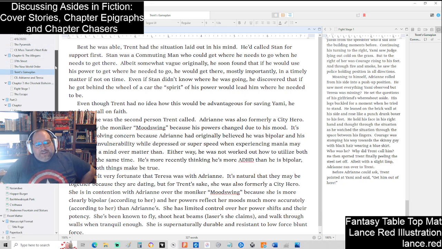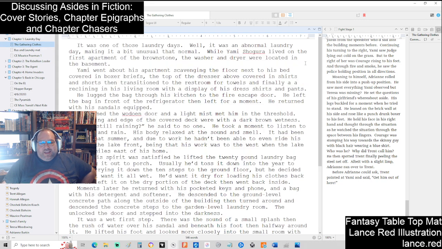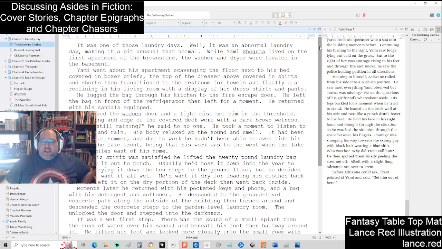And then I was like, I need to do something for each of these. Part of the story is that Yami, the main character, is jumping through different realities, and he's trying to figure out why he's doing that, what is his purpose. He's very confused at the beginning of the story, and he's figuring stuff out. The first chapter is just him going to do his laundry, which is the initial story I came up with probably 15 years ago, and I was like, what if there's a dude named the Epicurean,